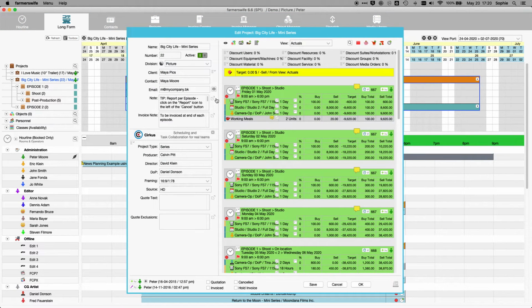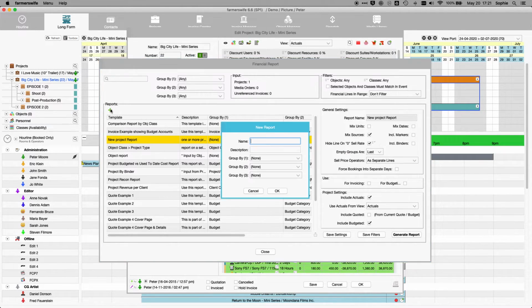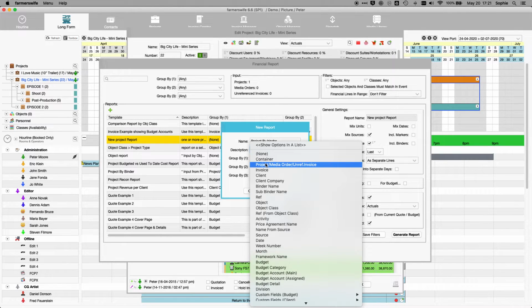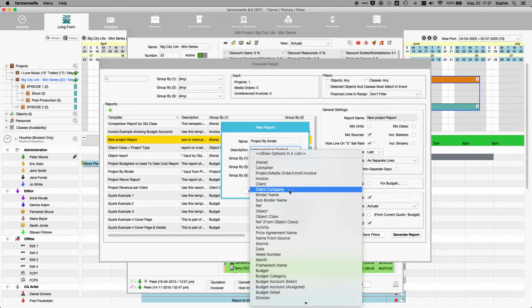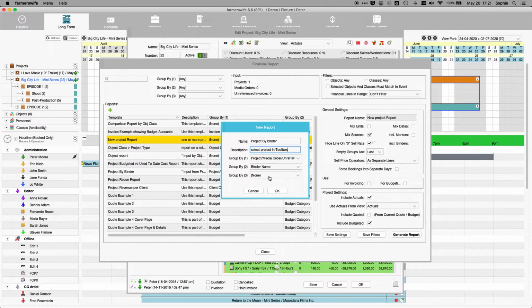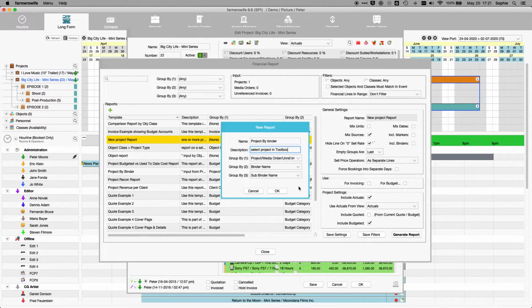So I'm going to open this project and I'm going to run the report from inside the project. But I could also have just selected it in the toolbox and then run the financial report from there. So I'm going to build the report here. I'm going to call it project by binder. It helps me remember what I meant it to be. Select project in toolbox. Now, group by 1 is going to be project. That's going to give me a total for the whole show. Then I'm going to see every episode's total, which is the binder and binder name. And then I'm going to break the binder into the phases, which is the sub-binder. So it's the binder within the binder. Goes there. And now I've used up my three